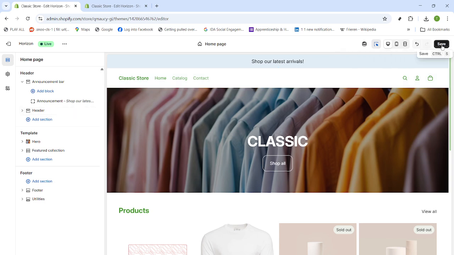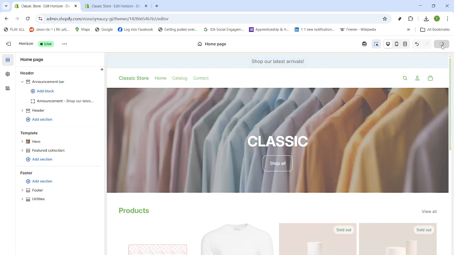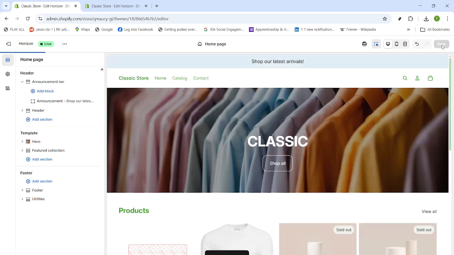When you're happy with the message and styling, click Save at the top right. Give it a moment to apply. Finally, preview your storefront and check both desktop and mobile views to confirm the text size, spacing, and link behavior feel right. If something looks off, pop back into the editor, make a quick tweak, and save again. That's it. Your announcement